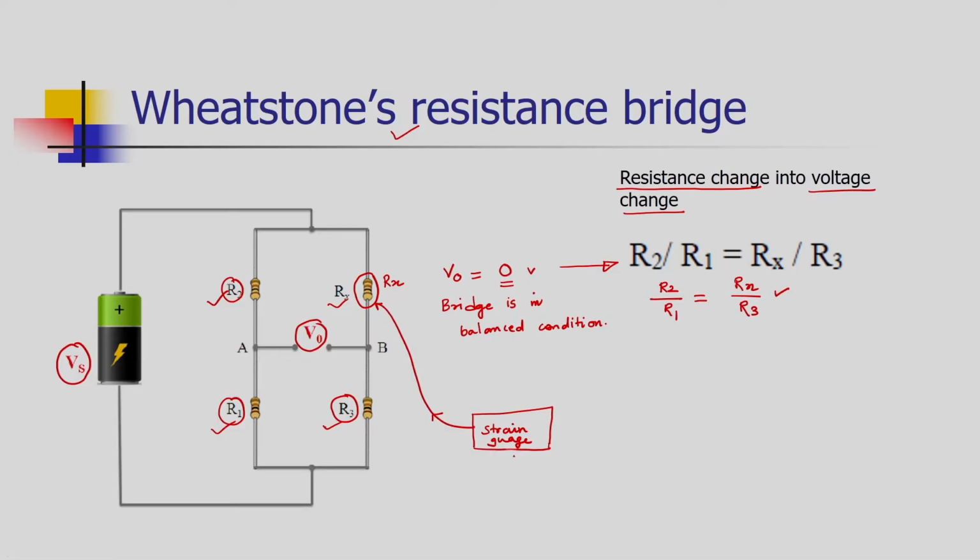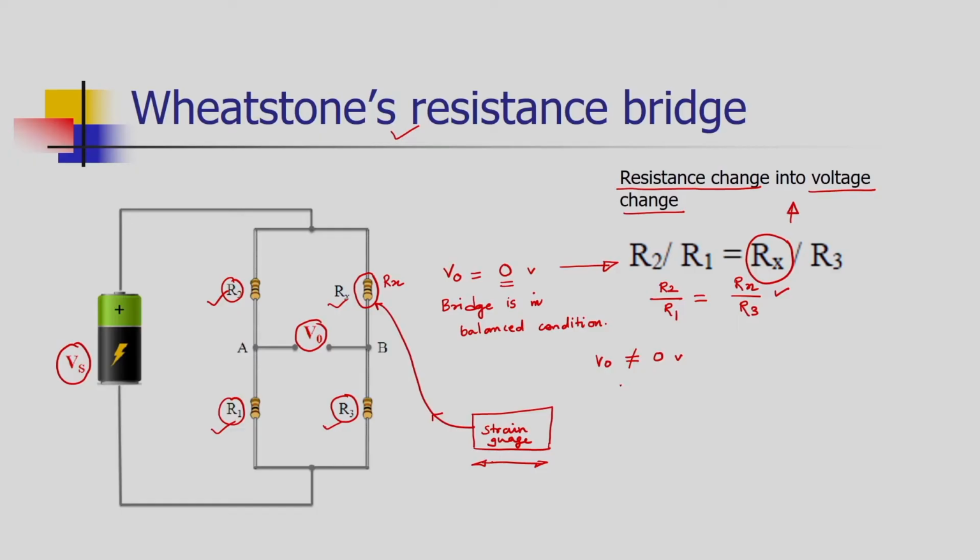But when the strain gauge is in action, when there is tension in the strain gauge, the resistance of Rx increases. There is a change in the Rx value due to the mechanical movement, that is the strain that is occurring. As Rx is changing, we get a certain output at VO. The output at VO will not be 0 volts, it would be a non-zero output.